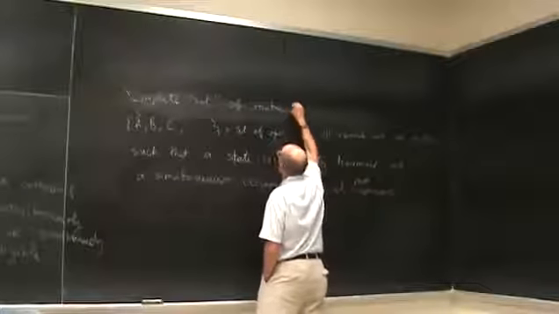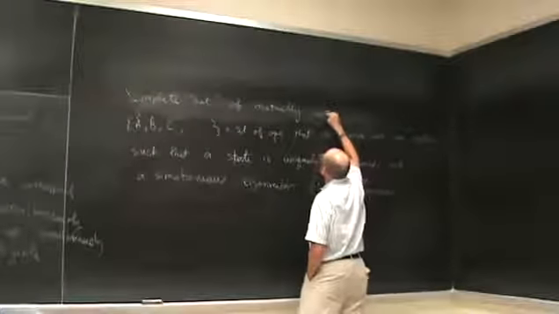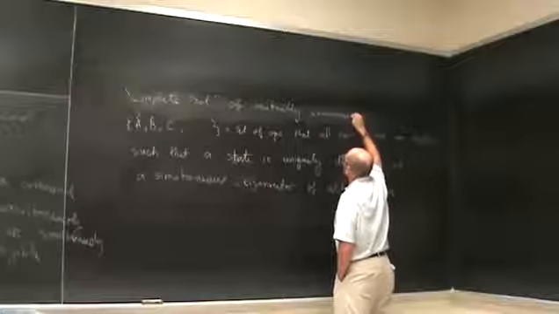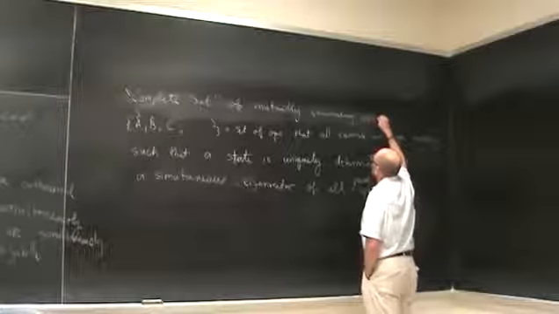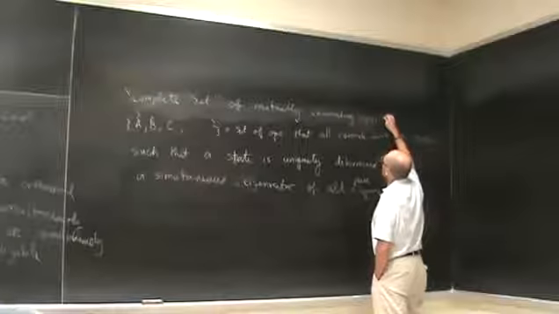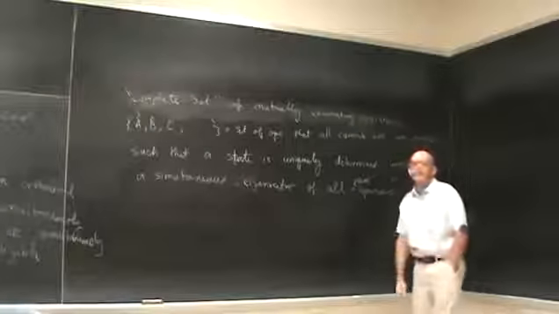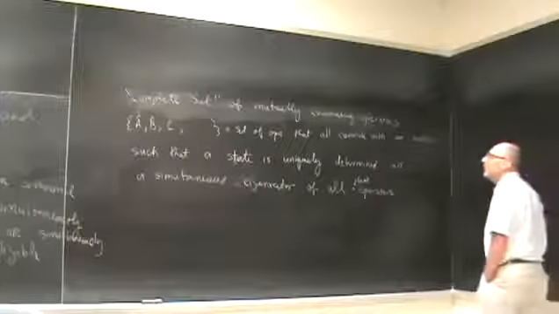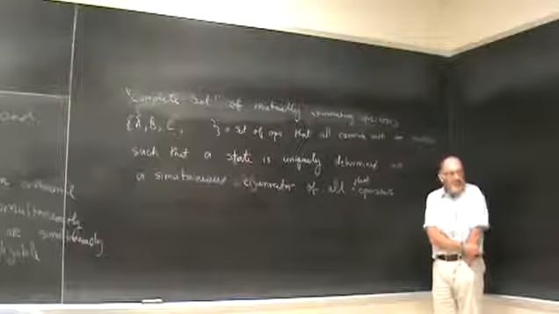So what do I mean by that? What I mean is, let's suppose I have a set of operators that all commute with one another. Okay? They're mutually commuting. They're said to be complete